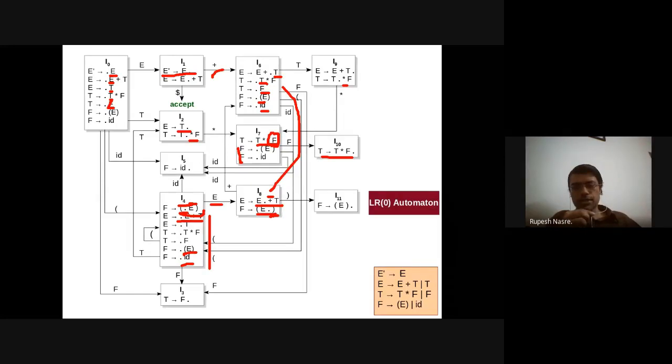What about transition to I0? So we have I0 as the starting state, right? So we'll mark I0 as the starting state, and therefore it's by default going to be in I0 initially. Similar to our other finite automaton, right? So we'll mark that as the starting state. Any other questions here?